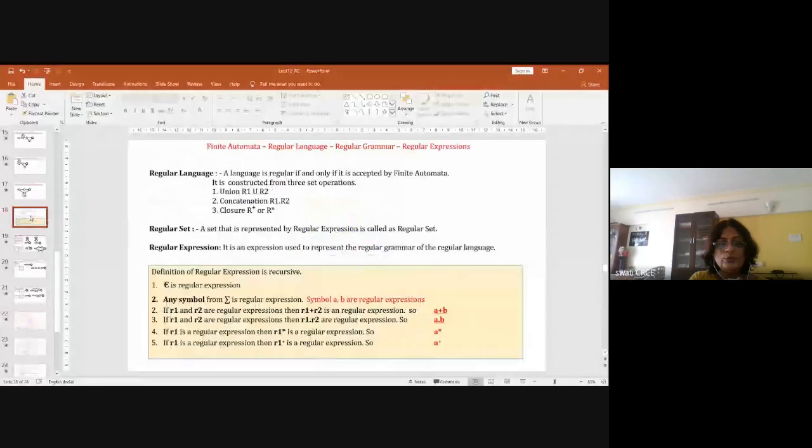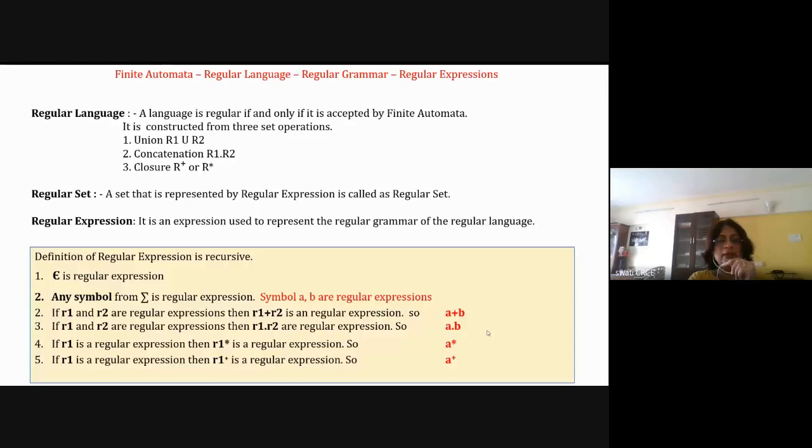Okay. So let's have a quick recap about regular expression. What is meant by a regular expression? Now, I think this is visible to you. We have learned about finite automata. There are two types of finite automata, DFA and NFA. The language of a finite automata is called a regular language, and the grammar of the language is a regular grammar. And we represent this grammar by using regular expressions.